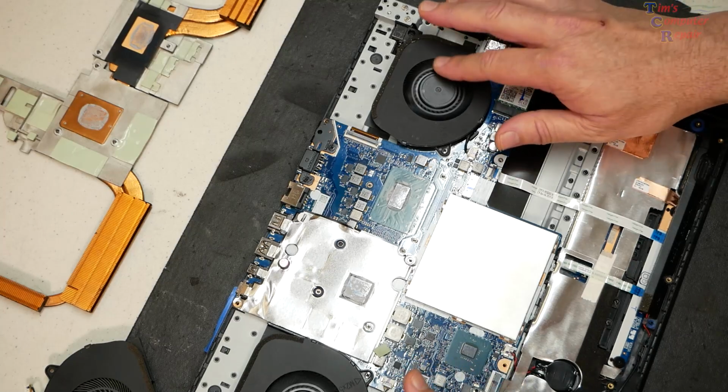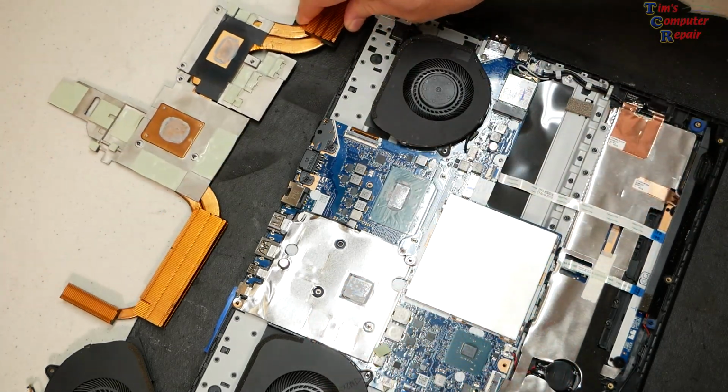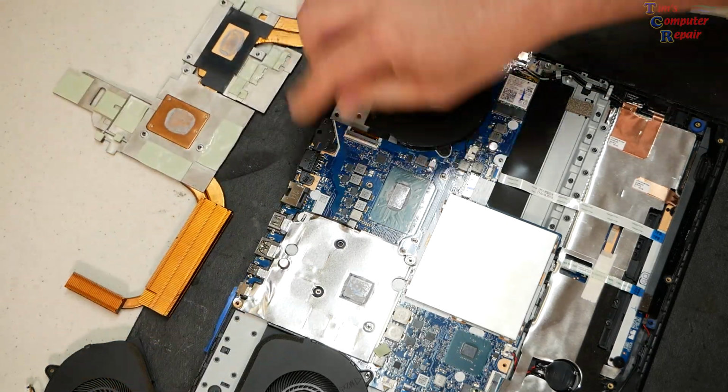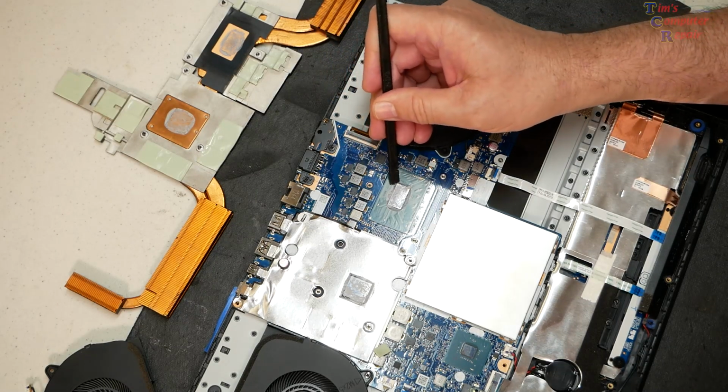Looks good. Very, very good. Now our next step is to reinstall our heatsink here. I'm going to go ahead and clean them up. They're a little dirty here. What I do is, I'll just take a